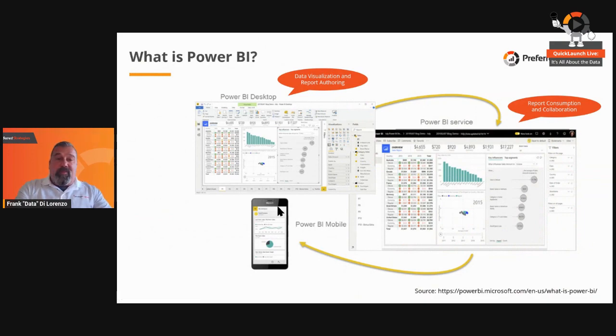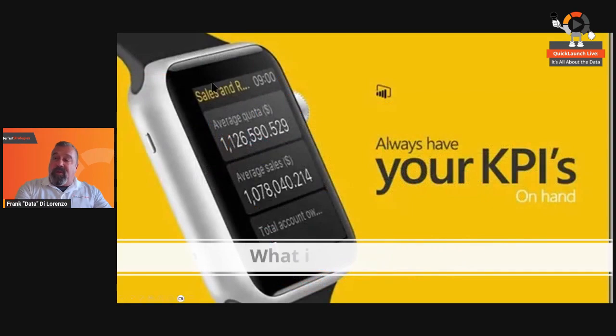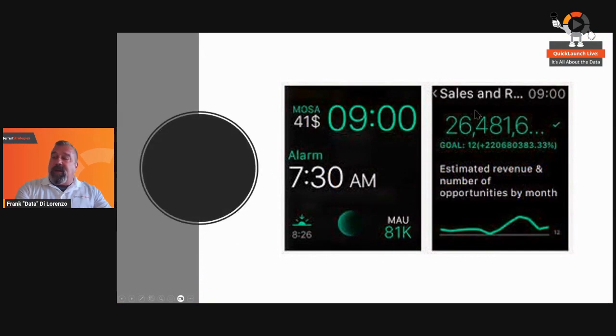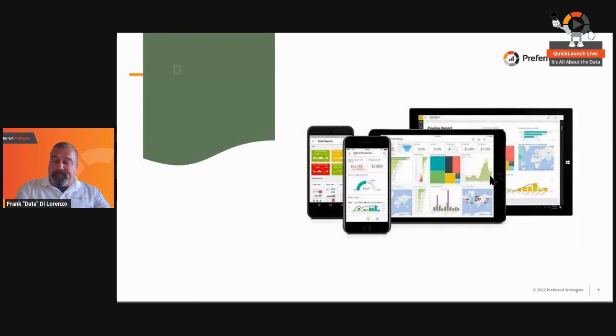And from there, finally, if you have an Apple Watch, you can move your KPIs live right to your Apple Watch. So that's something that's kind of cool. This is what the displays will look like. Obviously, you can't do full dashboards on your Apple Watch, but the alerts and KPIs can be very useful. And keep in mind, by mobile, we also mean your tablets for a larger, more rich